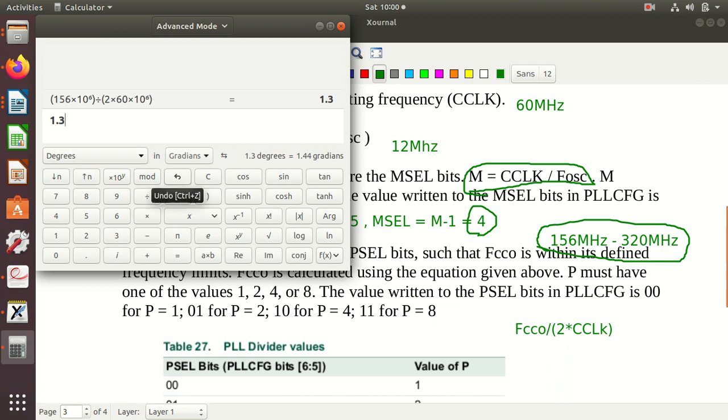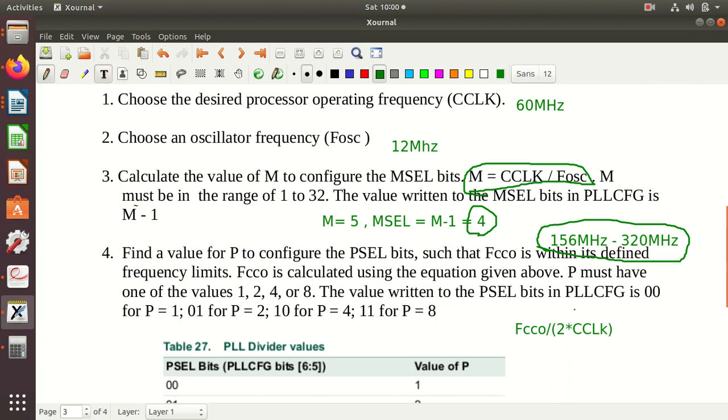If I do this, what do you get? 1.3. So for the first case it is 1.3.